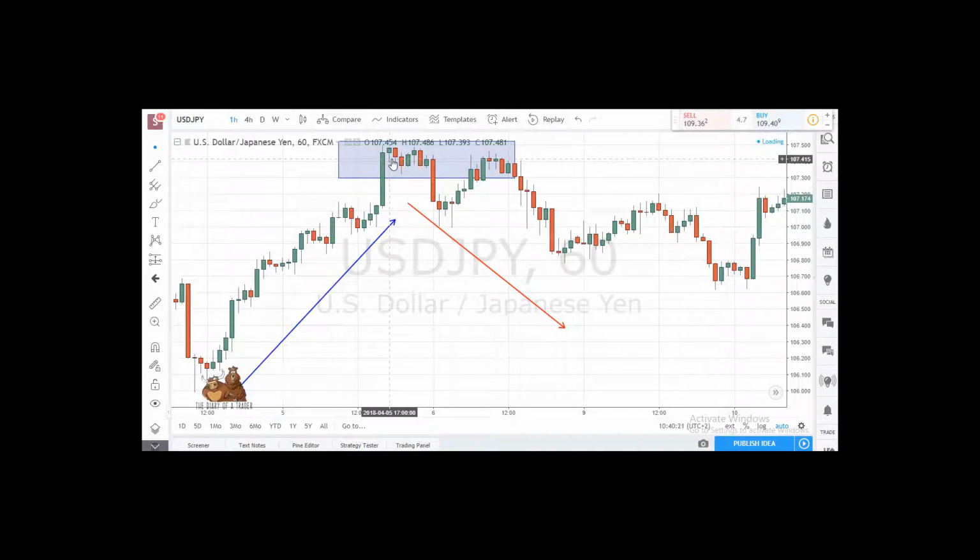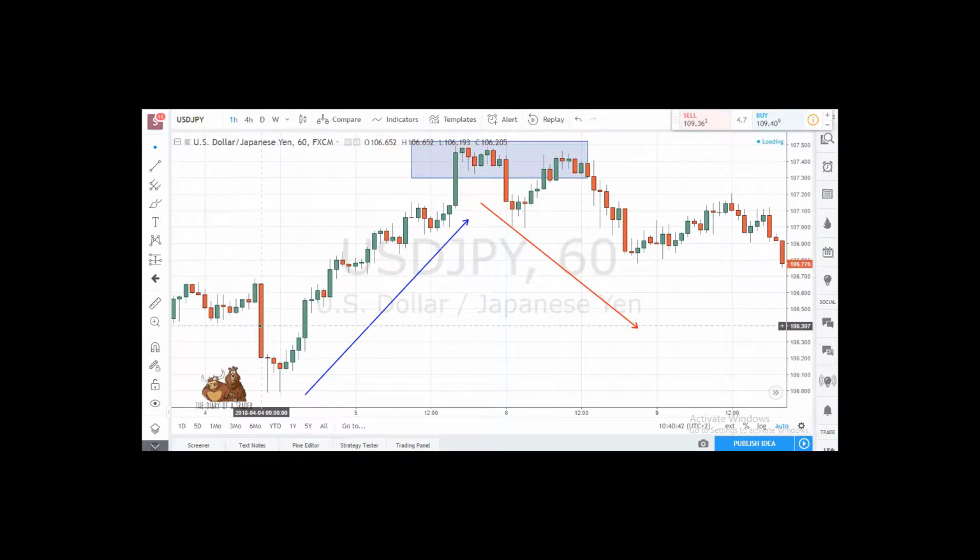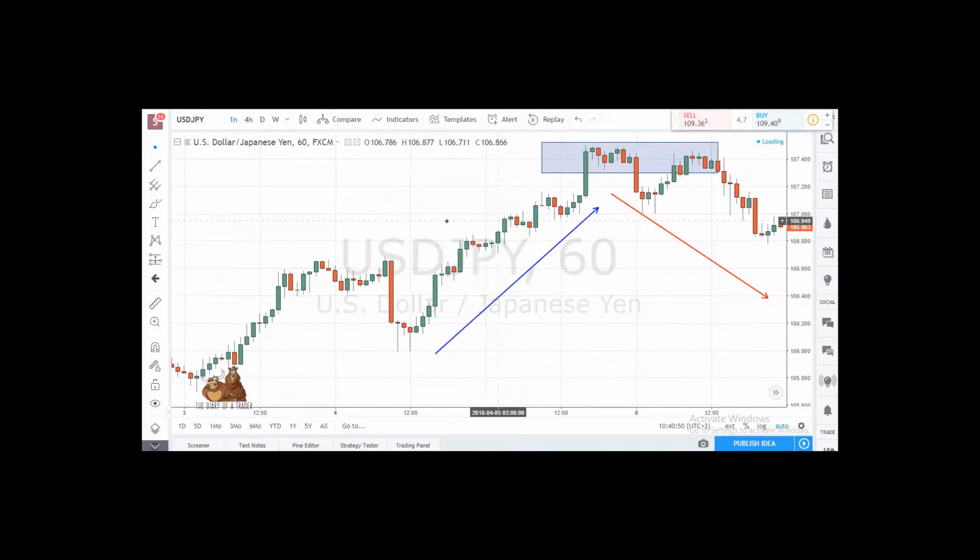So this formation is easily identified usually in the intraday charts, and it's very much used by day traders. If this pattern is found at the end of a downtrend, then we call it a hammer, and it's a bullish reversal pattern, meaning that the downside is finishing, and the bulls are regaining control